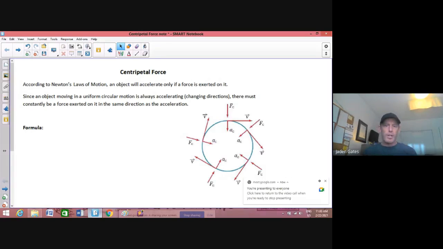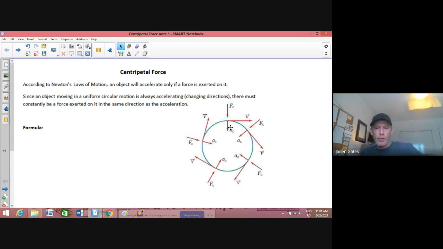All right, so once again, we're moving towards forces. We talked about centripetal acceleration before, and this time we're talking about centripetal force. Now, again, according to Newton's laws of motion, the only time an object will accelerate, in other words, change velocity, so if it's not moving, it'll move, and if it's moving, it'll move differently, is when you've got a force